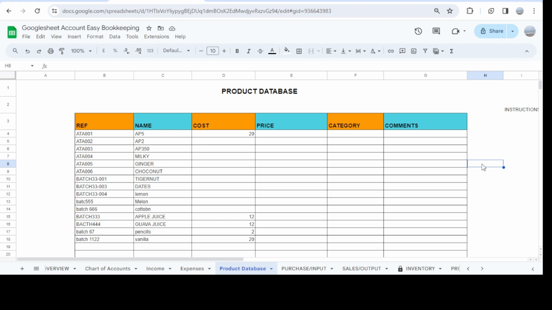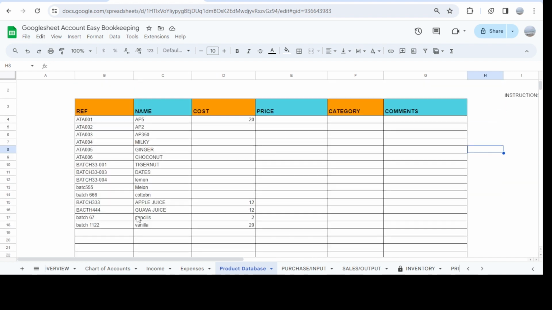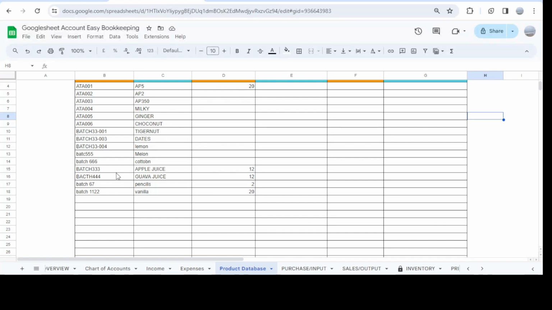Welcome to your product database. So we've entered our inventory. Whatever we're going to be doing in this video is all about your inventory. Now this sheet is called product database. You're going to enter all of your inventory at hand here. You're going to enter them, so you already know the kind of items you're dealing with,